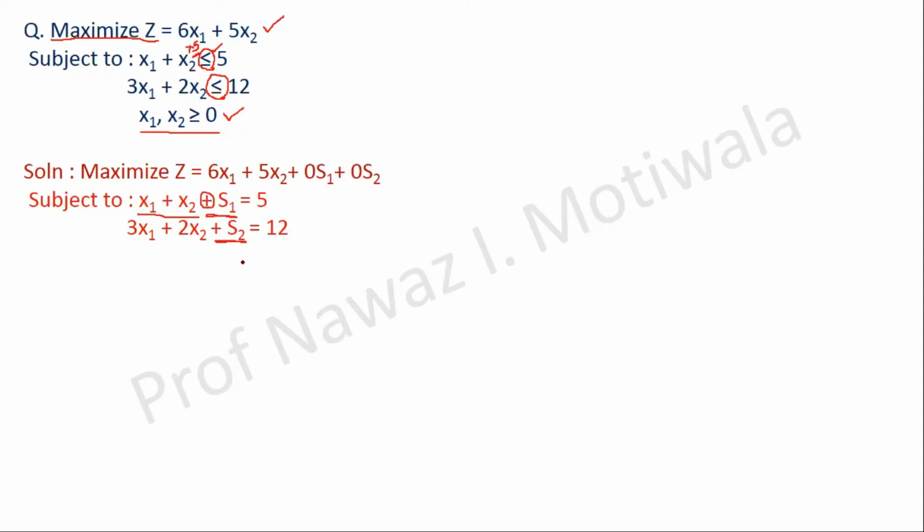Sir, why do you add it on the left hand side? Tell me again. Okay, let us take an example, let us say x1 is 1 and x2 is 2. If my x1 and x2 are 1 and 2 respectively, what total will I get? 3, which is less than or equal to 5. My constraint is satisfied. Now I have to make it equal. I have to remove this less than and make it equal. So here on the right hand side what do I have? 5, and on the left hand side only 3 is coming. So if I want to make this 3 into 5, if I want to keep both equal, I have to add something to this 3, and that addition will be 2.